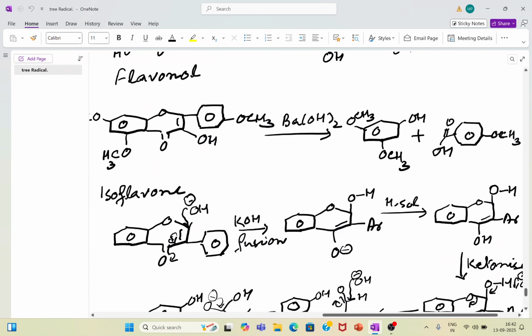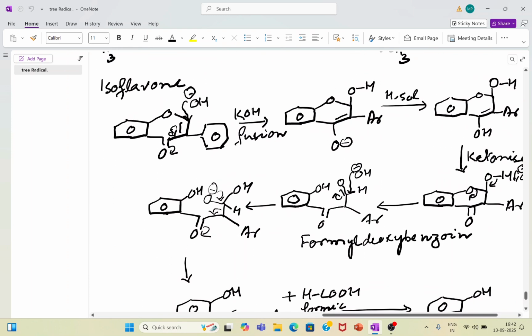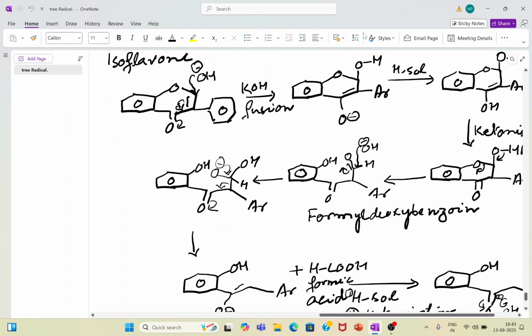The mechanism is the same. Now here, suppose your nucleus is isoflavone. It is also clear once you have isolated the compound from the molecule, and then you will test it with the help of the color test, whether it is a flavone, a flavonol, or an isoflavone. Once you are aware that you are having this type of moiety, then you have to decide which route is suitable for you. Therefore, if your molecule is isoflavone, because it is responding to the color test with the isoflavone, you have to go through the degradation likewise.